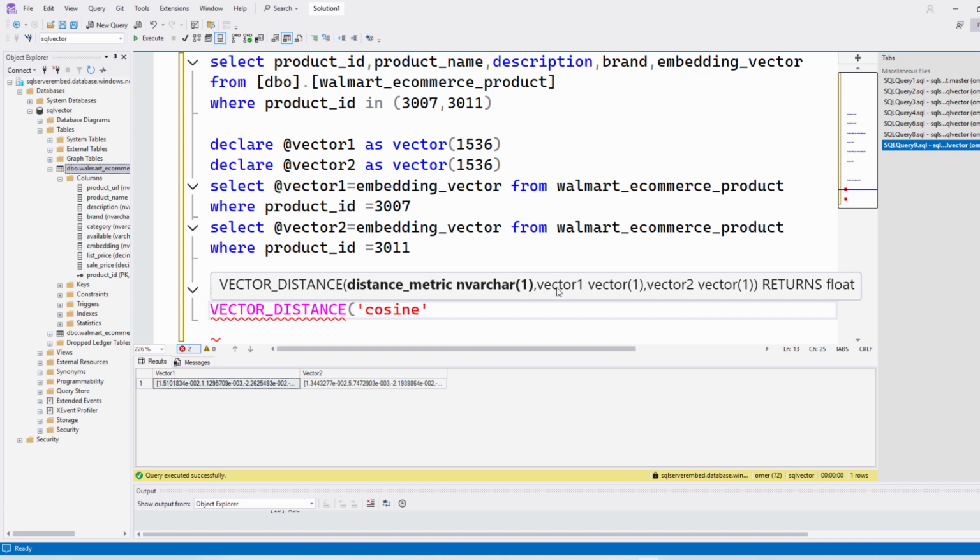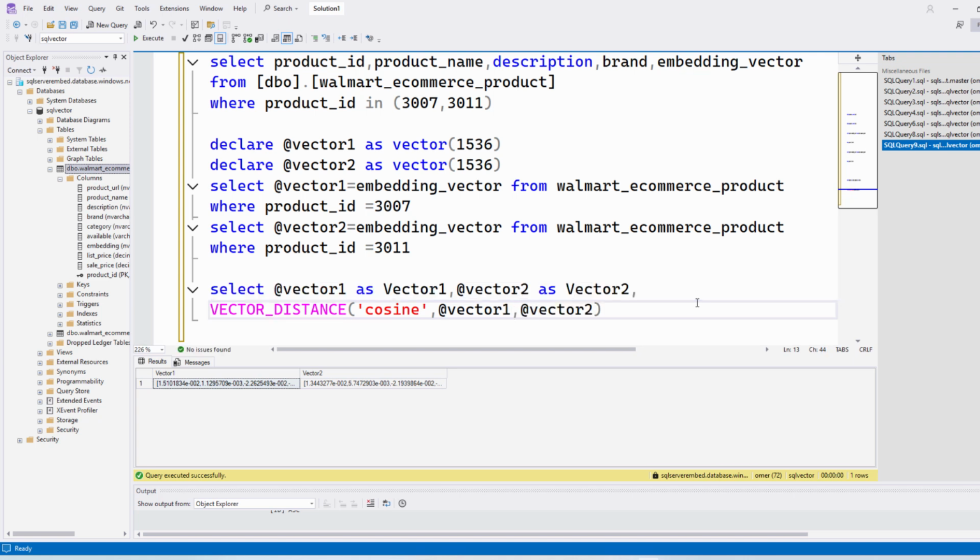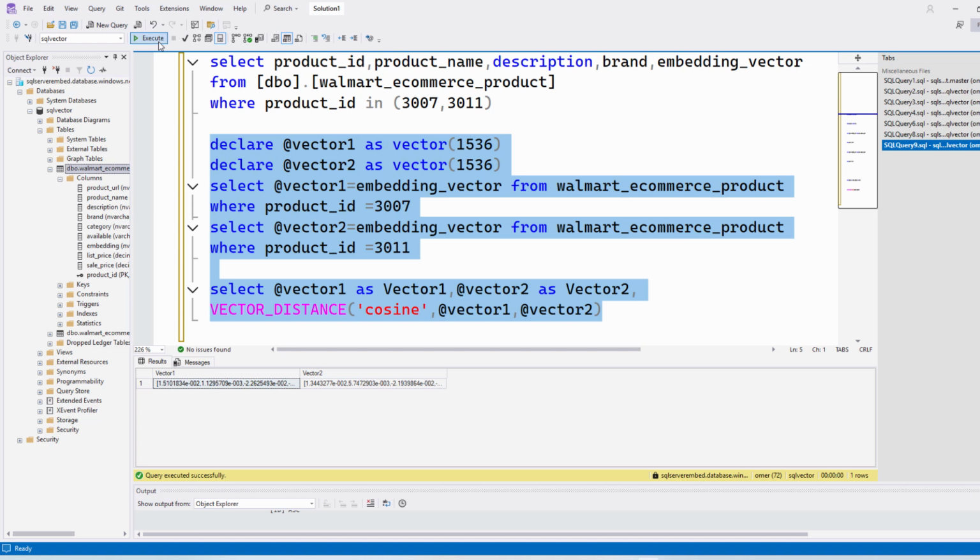And the other parameters, vector1 and vector2. We have vector variables, vector1 and vector2. So as you see, the vector distance is very small, 0.01